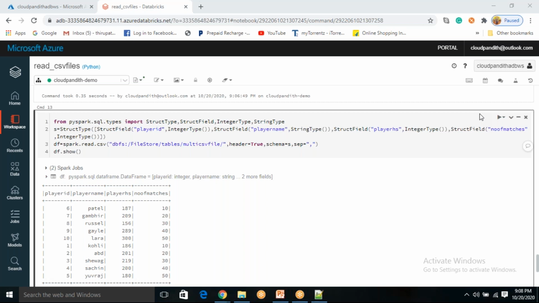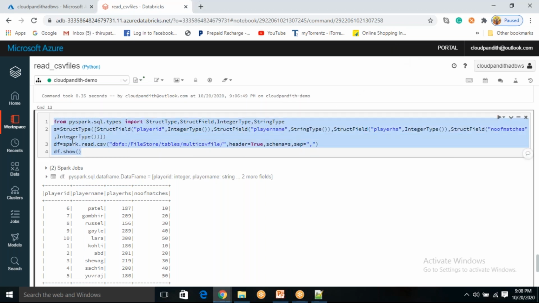Usually flat files will have a lot of columns, maybe more than 10-15 columns, and every time providing this data type is not ideal. What is the ideal situation? Is there a way we can read the data types from some table or something?